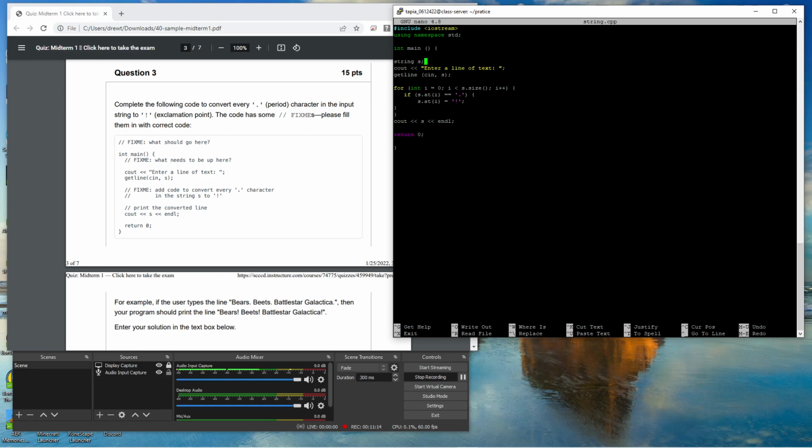I'm not the best at explaining it yet, but essentially what you're doing is for i less than the size of your string that gets typed in, it's going to go through every character in the index of that string, and if one of those characters at index i is a period, so if you have a period at the end of a sentence, it'll convert it